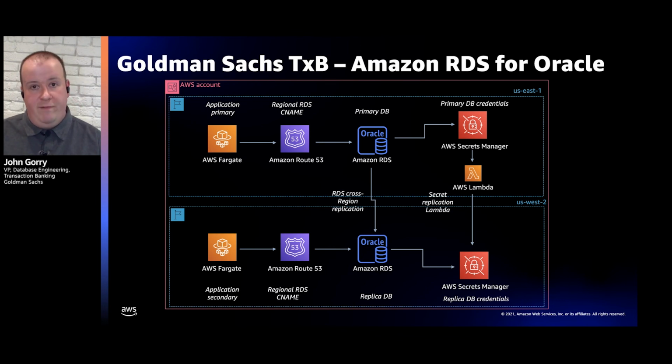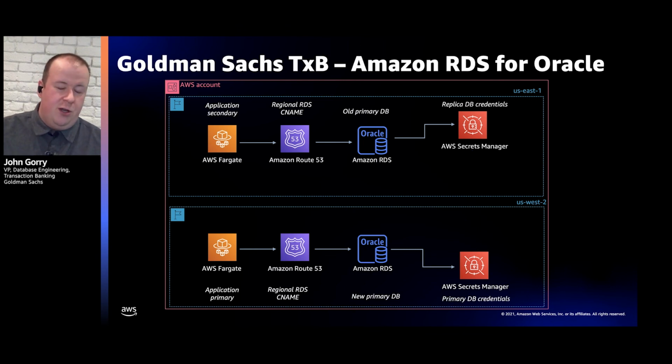And now we want to trigger a failover. Our failover orchestrator, which is not shown in this diagram, is Lambda-based, and we trigger it through Systems Manager. And the first thing that we do when we trigger a failover is we trigger a promotion of that secondary replica to be a standalone database. Michael mentioned it earlier. So now, that database in US West, in our secondary region here, is now a standalone database. And now our application in US West can connect to it in read-write mode.